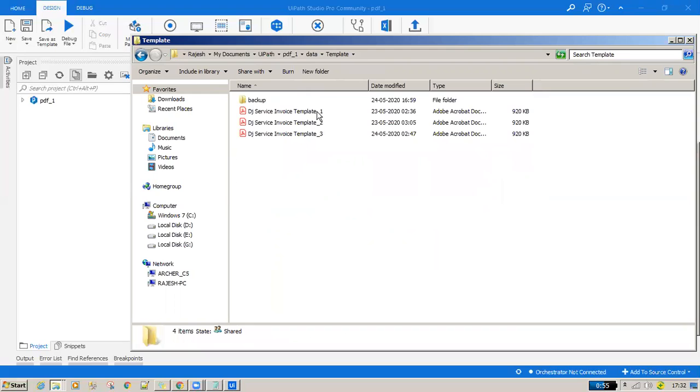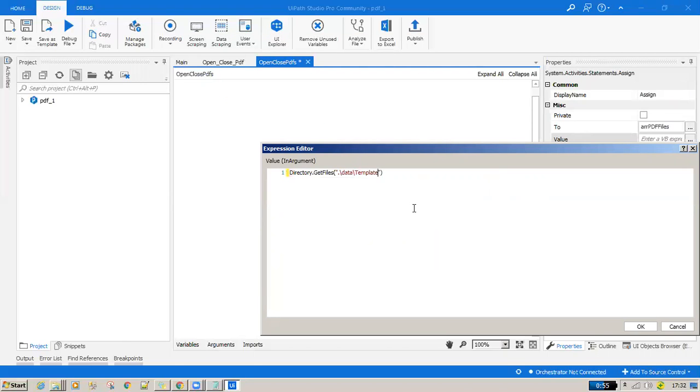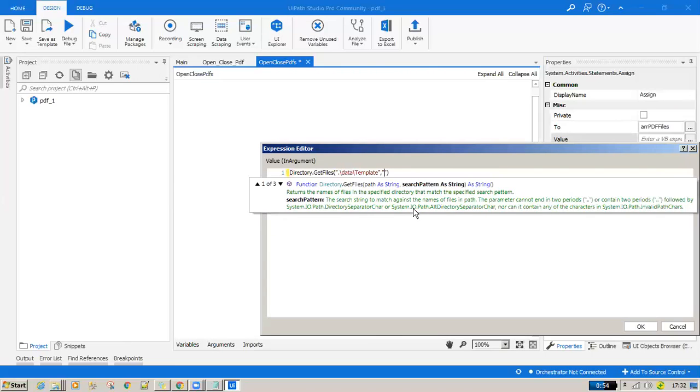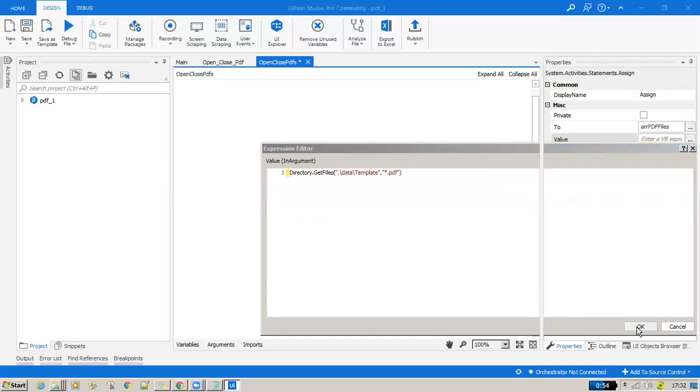Inside the template folder, this is where I have all my PDF files which I'm expecting to open, and I put a comma and specify the search pattern. I'm saying star dot PDF, and say okay.